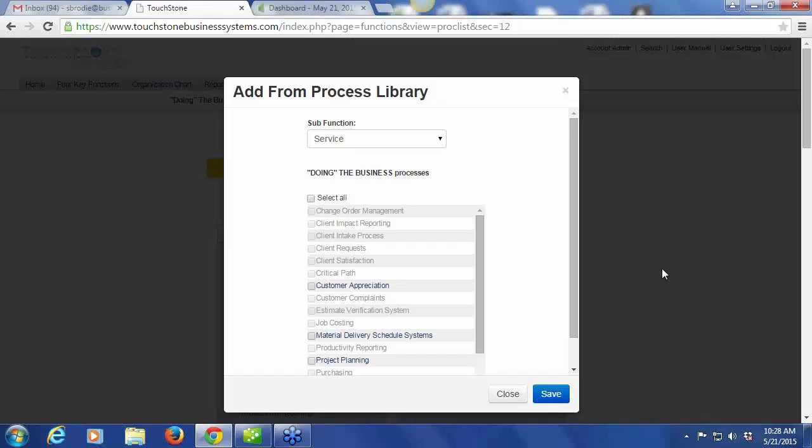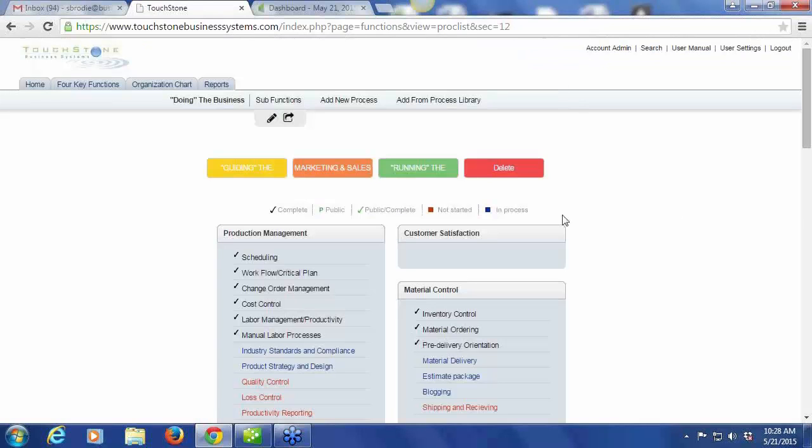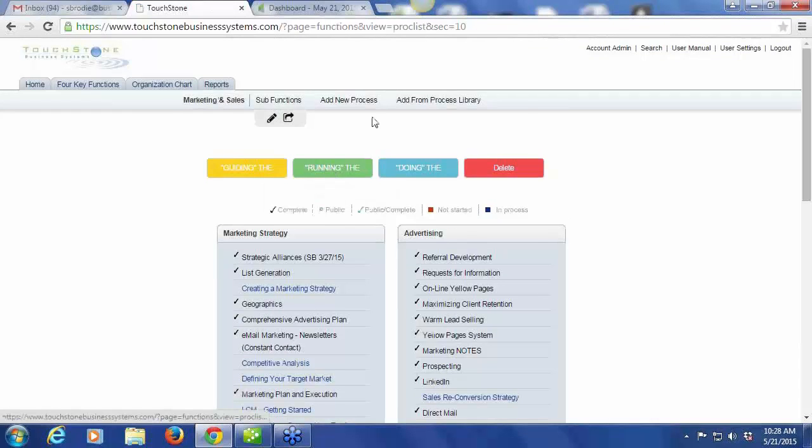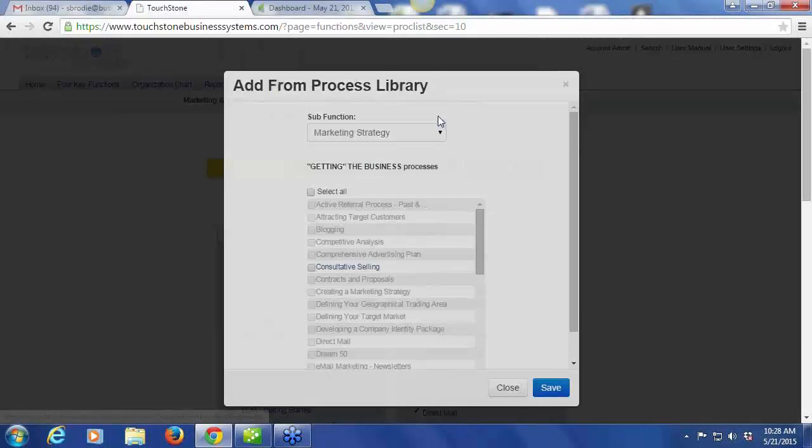And it's partly because every industry is different in doing the business, and the work that you do is different. So we've tried to build some general things, a lot of things related to customer service that could be helpful. Each function has its own library, though. So if I was to go back to getting the business here, and I go add from process library, now